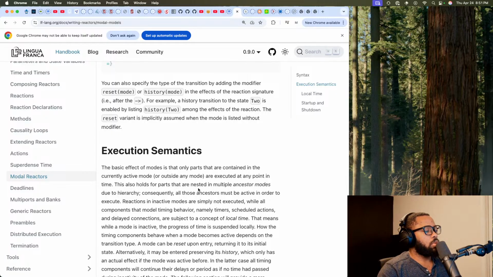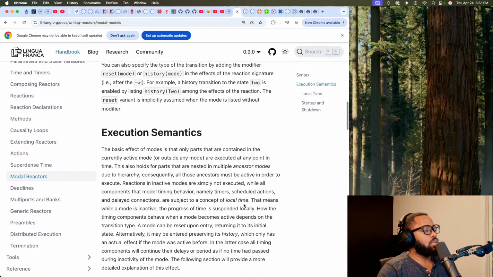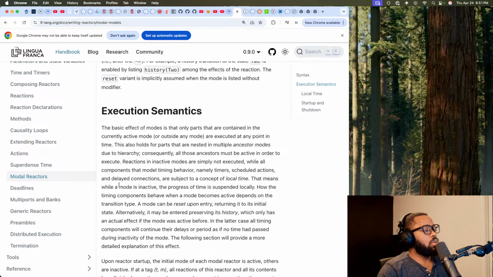This also holds for ports that are nested in multiple ancestor modes due to hierarchy. Consequently, all those ancestors must be active in order to execute. Reactions in inactive modes are simply not executed, while all components that model timing behavior, namely timers, scheduled actions, and delayed connections, are subject to a concept of local time.